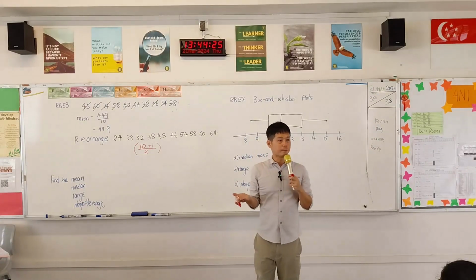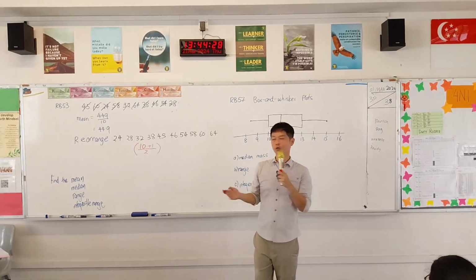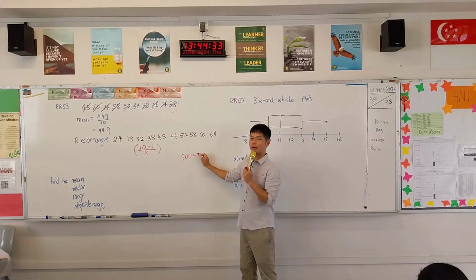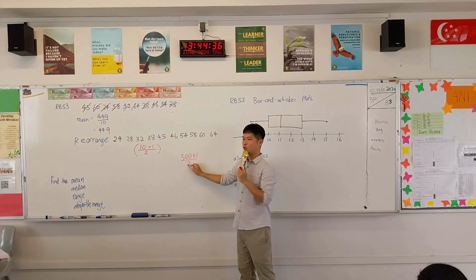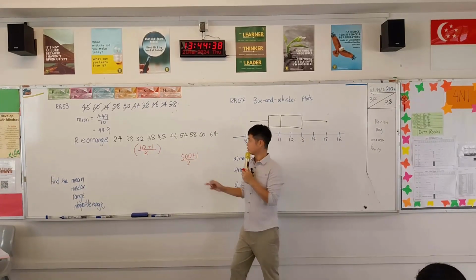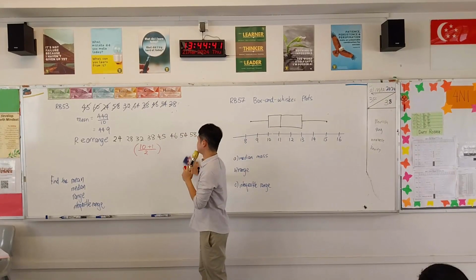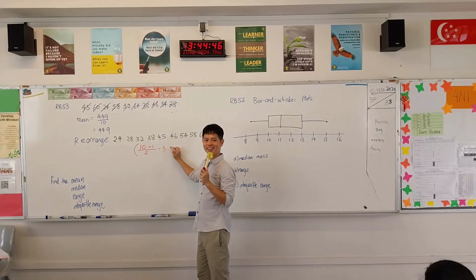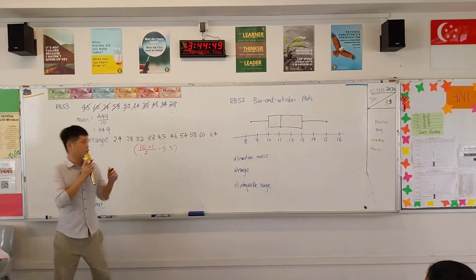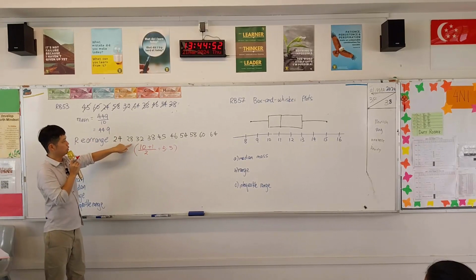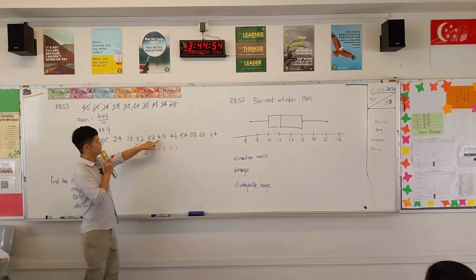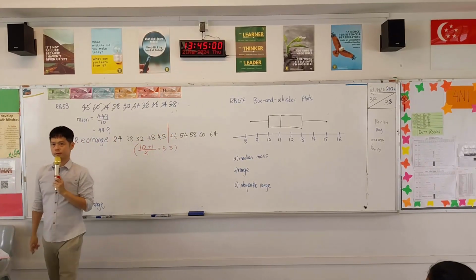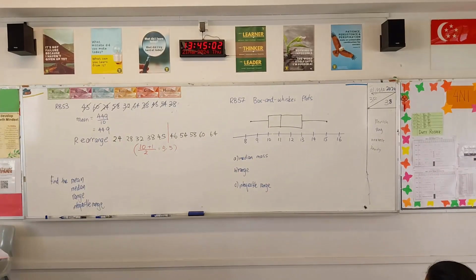Now, imagine there are 500 numbers. How do you know where's the middle number? You plus 1, divide by 2, then you count until that number. So, 10 plus 1 divided by 2, the answer is 5.5. So that's how you count. 1, 2, 3, 4, 5, 5.5. So it is down here. So the answer for median is